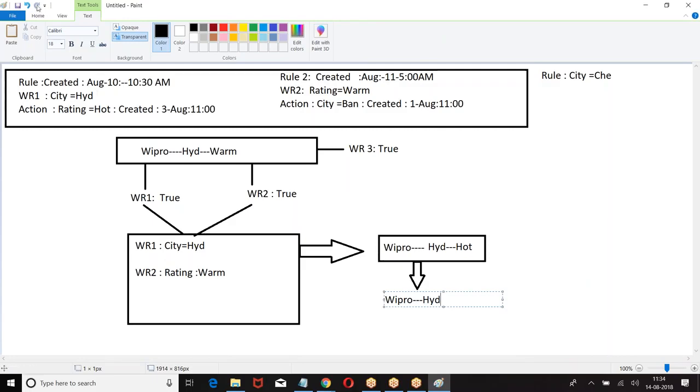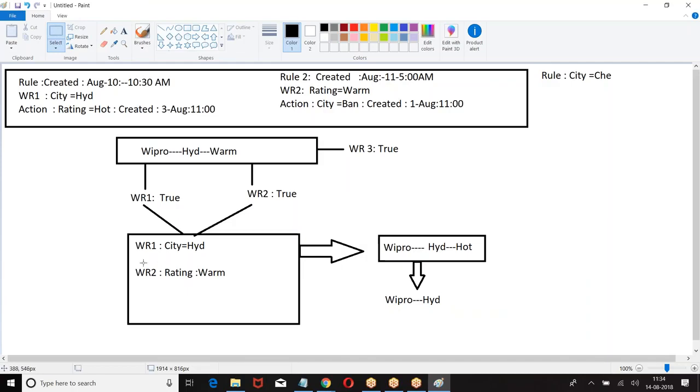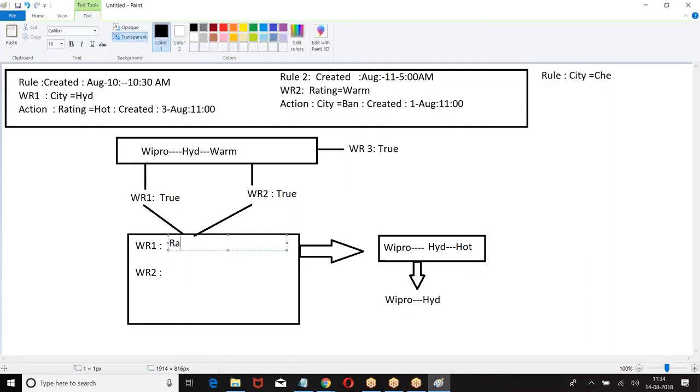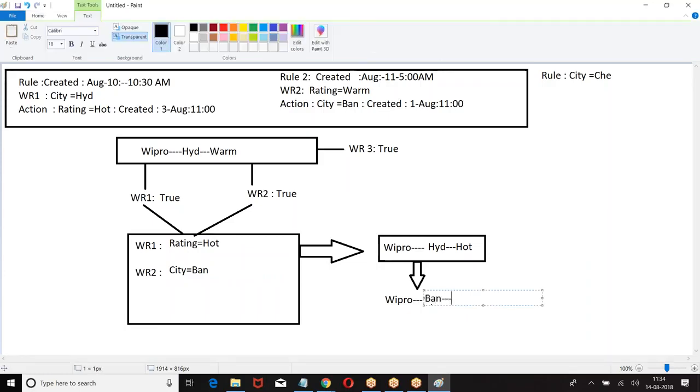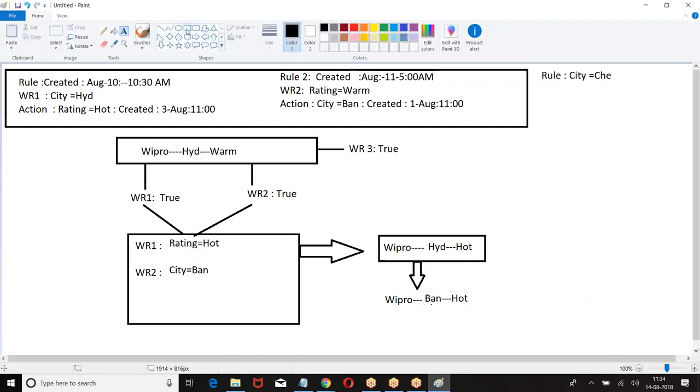Workflow 1, I gave reverse, right? Slight mistakes I made. I was supposed to give rating equal to hot and city equal to Bangalore. So what is the final output we are getting? Wipro, Bangalore, hot.